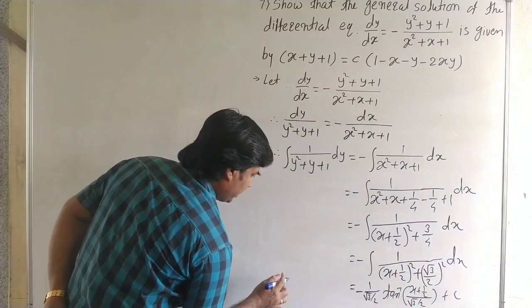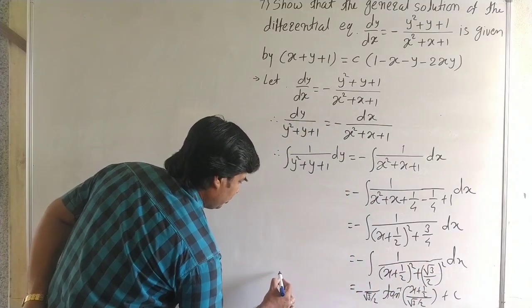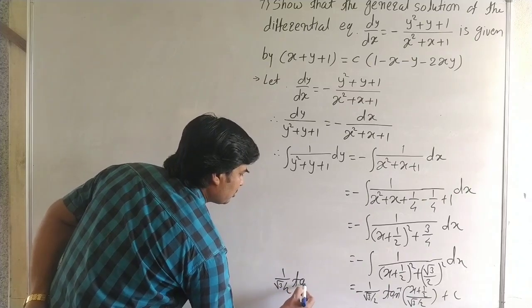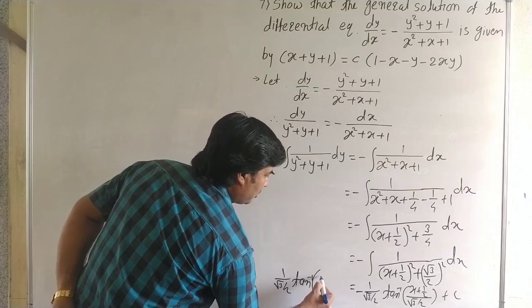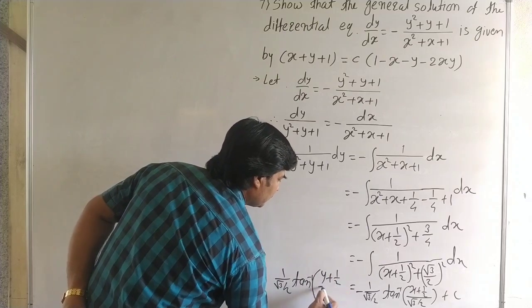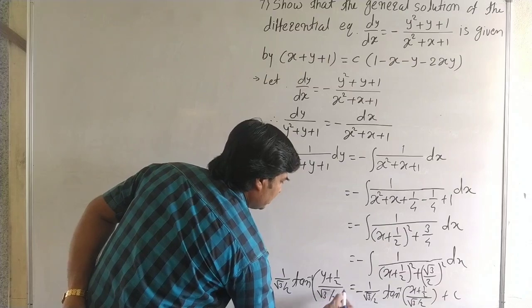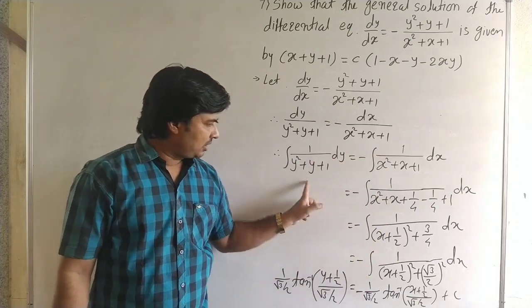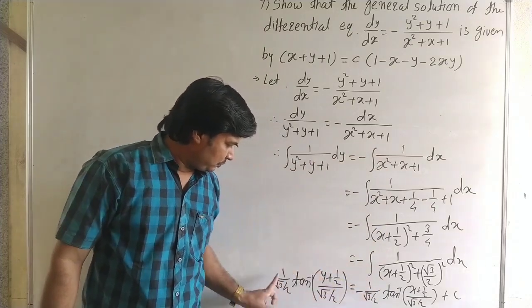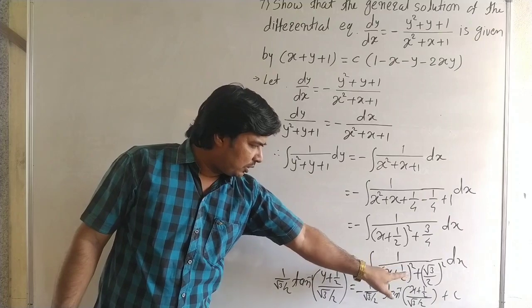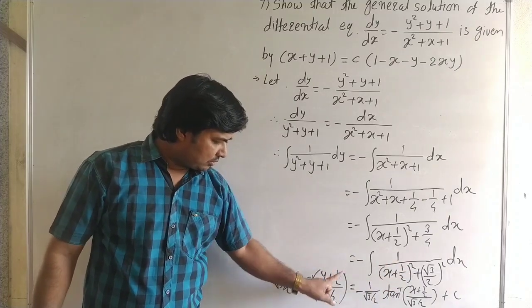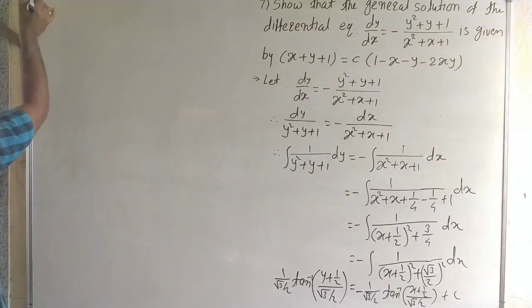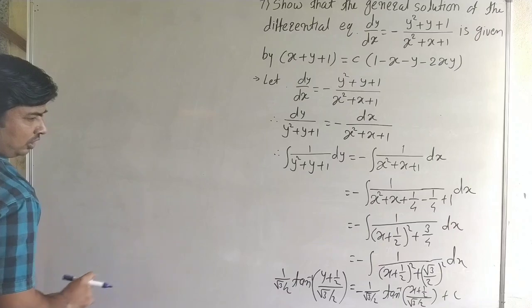And this integral we can write similarly. Here it is 1 by root 3 by 2, tan inverse of y plus 1 by 2 upon under root 3 by 2. Okay, here we write similarly the integral of this. Okay, we solve this, and similarly here it is 1 by root 3 by 2, tan inverse of x plus 1 by 2 upon root 3 by 2, and here y plus 1 by 2 upon root 3 by 2. Now this can be written here 1 by root 3 by 2.